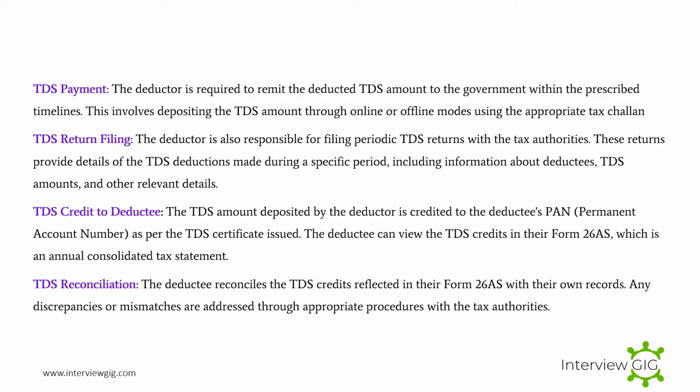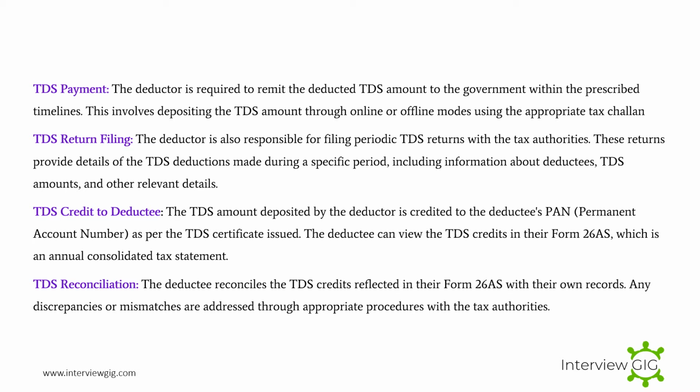other relevant details. TDS credit to deductee. The TDS amount deposited by the deductor is credited to the deductee's PAN, permanent account number, as per the TDS certificate issued. The deductee can view the TDS credits in their Form 26AS, which is an annual consolidated tax statement. TDS reconciliation. The deductee reconciles the TDS credits reflected in their Form 26AS with their own records. Any discrepancies or mismatches are addressed through appropriate procedures with the tax